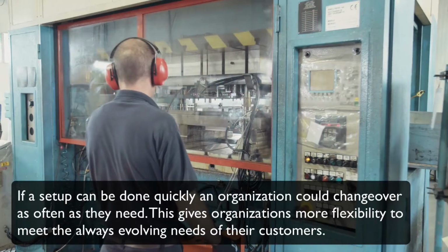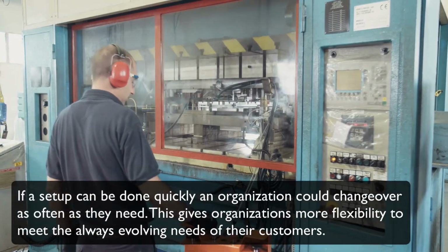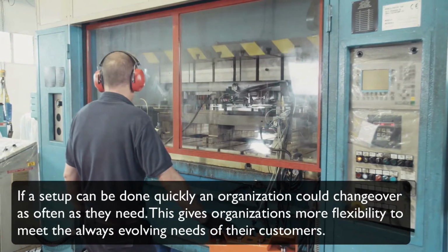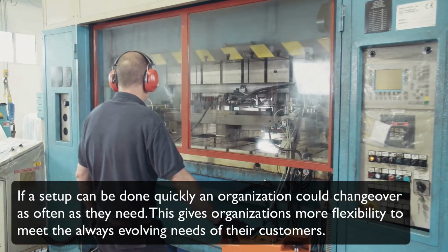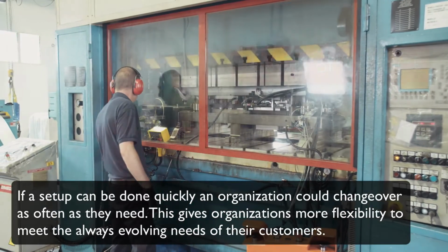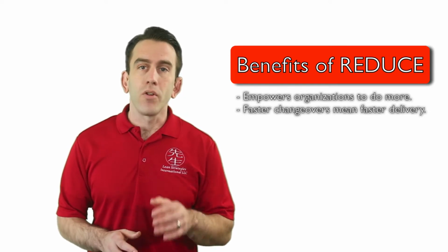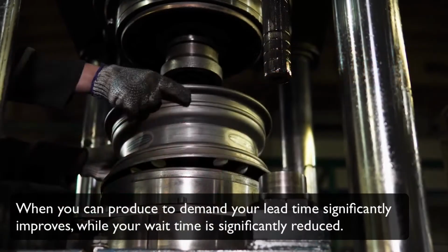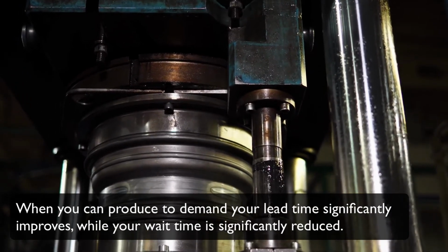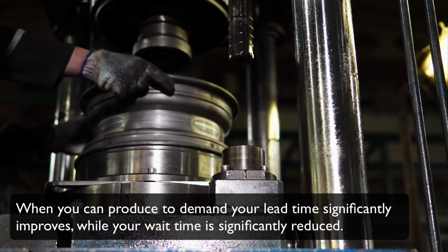It goes without saying that if a setup can be done quickly, an organization could change over as often as they need. This gives organizations more flexibility to meet the always evolving needs of their customers. Faster changeovers also mean faster delivery. When you can produce to demand in smaller lot sizes, your lead time significantly improves while your wait time is